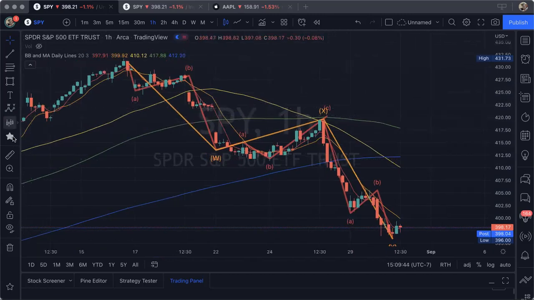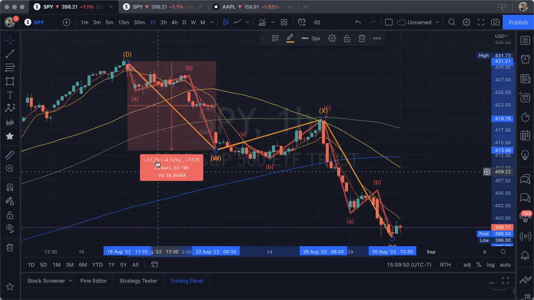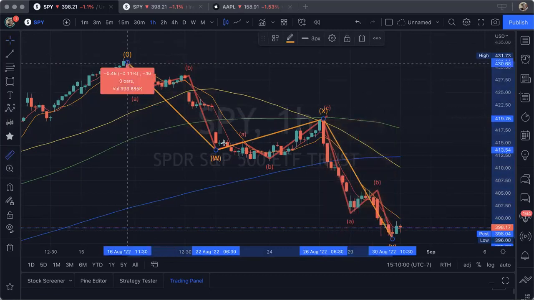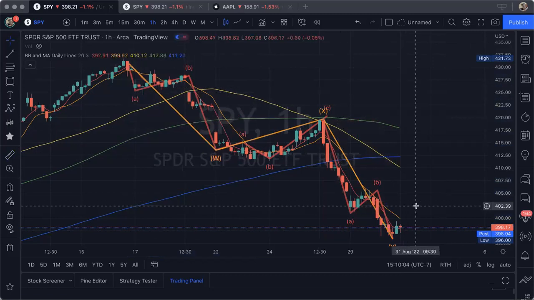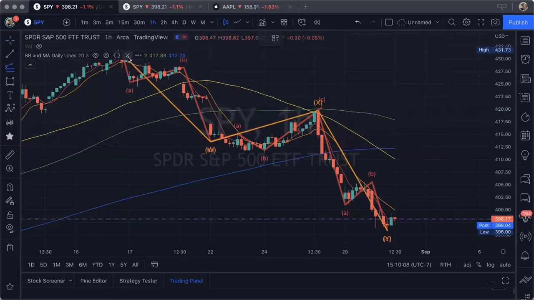And what we want to look for here is the measurement of this, the measurement of that first move down, right? That's about 4% or 17.75. Then you have this here, a little bit more. Okay, let's double check this all the way to the bottom here, almost 20. So let's look at that extension then. We measure,